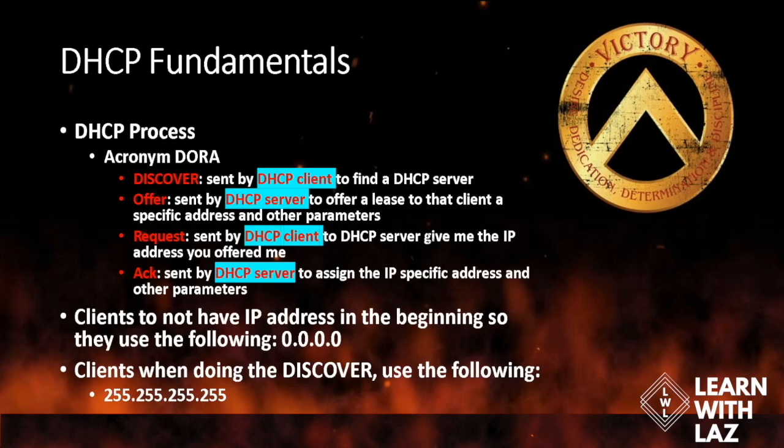All right, but you need to know this process. You need to understand this process. For the test especially, because of the terminology: discover, offer, request, and acknowledge. What happens first? And know that discover is a broadcast. Very important. That's the first thing that happens. But also understand it for your own network and why you may not be getting an IP address. And you'll see in the lab what we do, because there are like 4 different examples in the lab. And you'll see like, hey, what's going on?